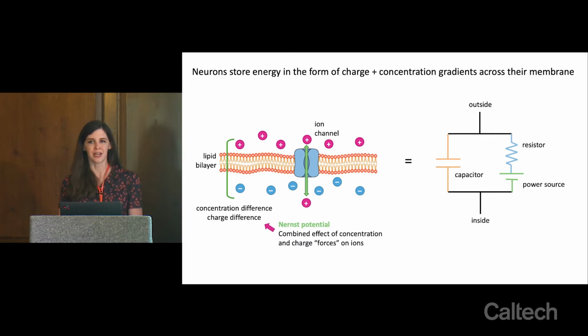So this is a way of storing energy because you can push ions to one side of the lipid bilayer or the other, and the natural tendency of those ions is to want to flow down their concentration gradient or their electrostatic gradient to where the concentration is lower or where they're attracted as a charge point.